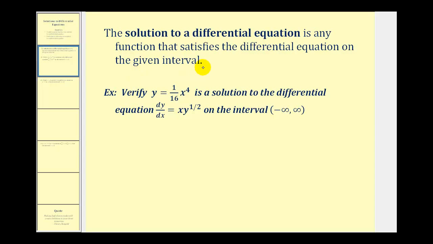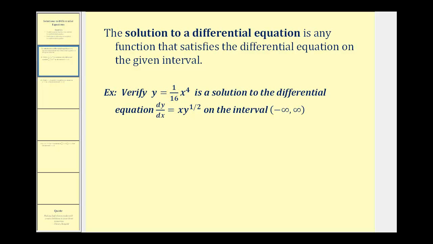For our first example, we want to verify that y equals 1/16 x to the fourth is a solution to the differential equation dy/dx equals x times y to the 1/2 on the interval from negative infinity to positive infinity. So again, we want to verify that this function satisfies this differential equation. So we need to first find the derivative of y with respect to x, and then perform substitution into this